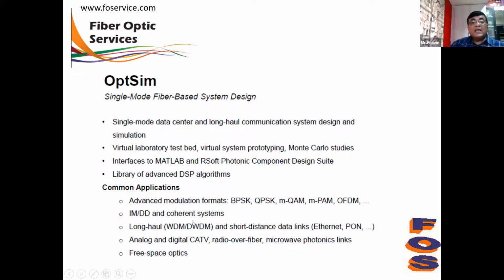It can be used for any kind of simulation, any kind of optical communication system, long haul, short haul, data centers, and so on. In fact, OptSim is one of the base tools where you can transfer the custom PDK to the PIC tools using the schematic diagrams.